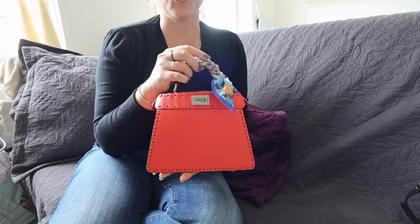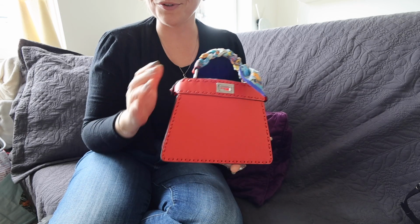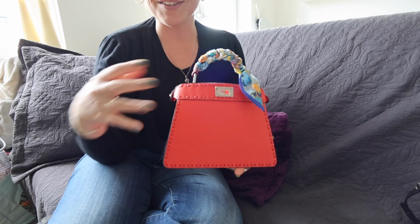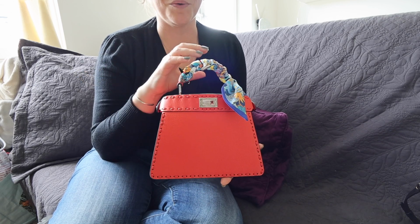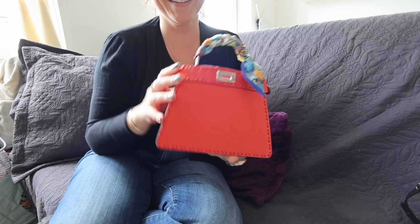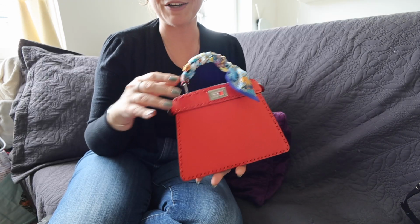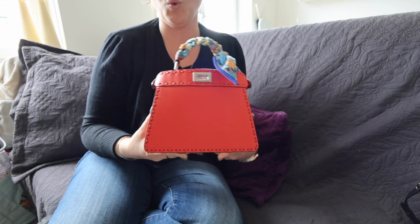So sometimes I show my bags and people will say, oh, that's a pretty orange bag. The way I see it, they are still red, but I have 4 red bags that are pretty much all in the same color. So there's no cherry red or candy apple red or whatever types of red you have. No, they're all like this. I've never been on the lookout for this color of red, but these bags just managed to wiggle their way